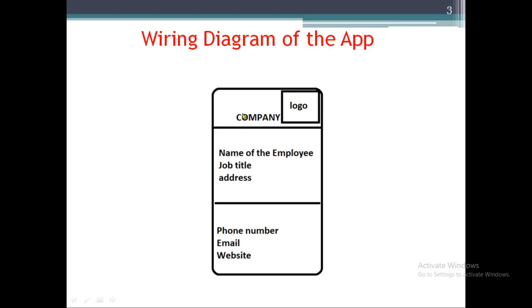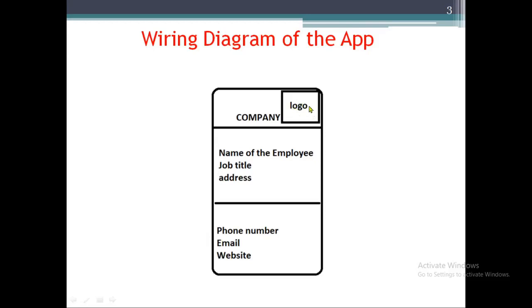They have told one or two, let us put one horizontal line between the company title, whatever company name is there, and then the employee name in between, one horizontal line. Similarly, let us put one horizontal line between the address or job title and then the phone number or the rest, whatever is there. Whenever you develop an app, you should know what exactly all these are.